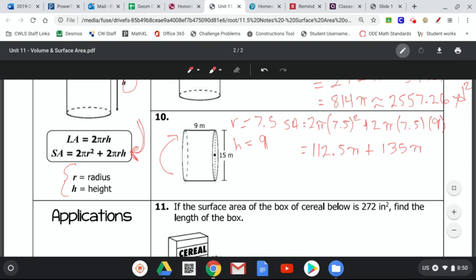and that's where you're just multiplying the 2 times the 7.5 times the 9. Don't do anything with the pi. Just multiply the numbers. That's how I'm getting this. I'm just multiplying the numbers together and then leaving pi next to it. So when we add those two together for an exact answer, we should get 247.5 pi,